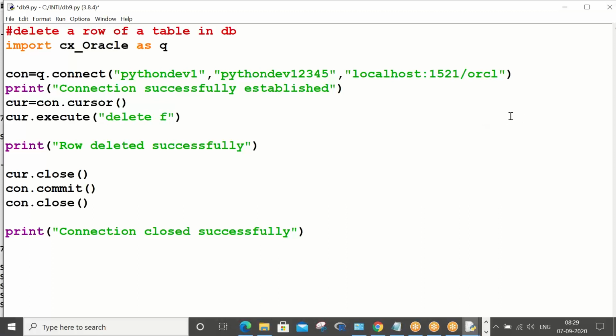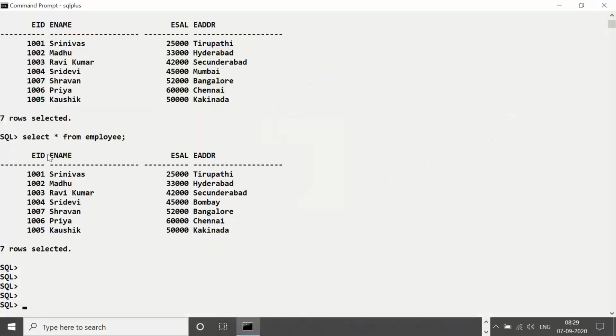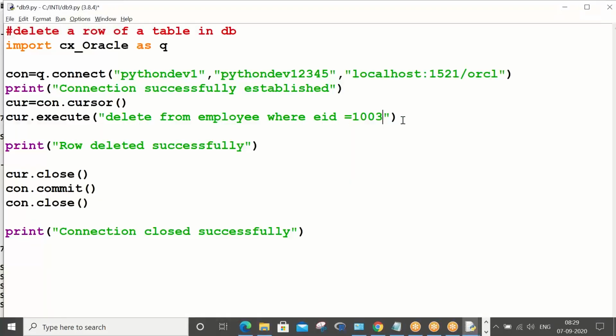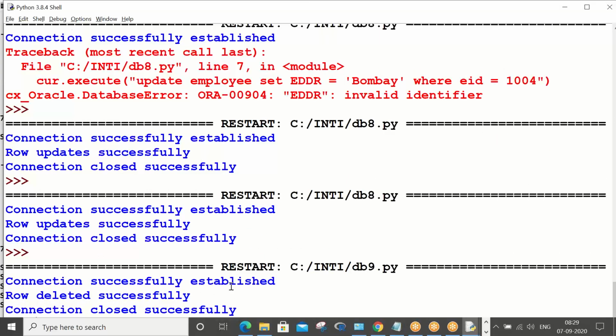So: delete from employee where EID equals 1003. Just cross check, yes, 1003 EID is Ravi Kumar. As simple as that. Control S, run module, row deleted successfully.